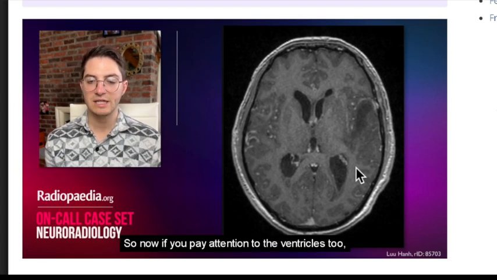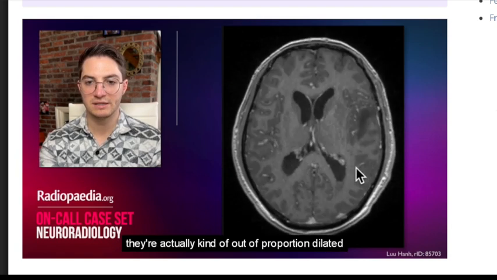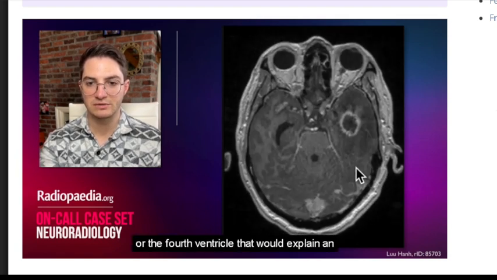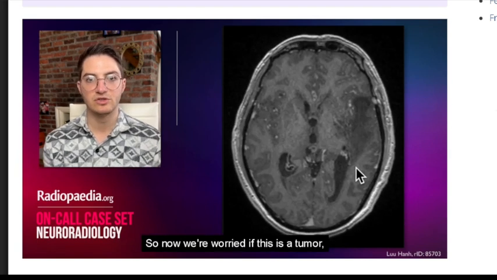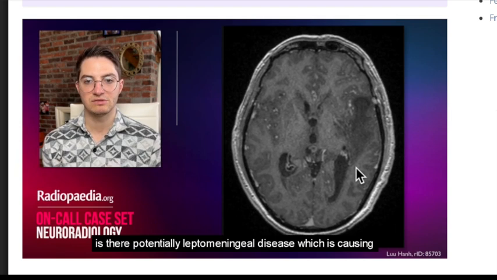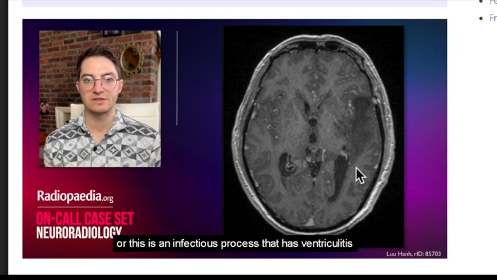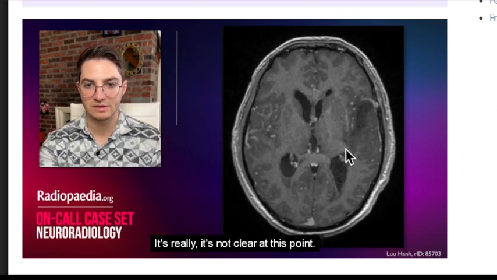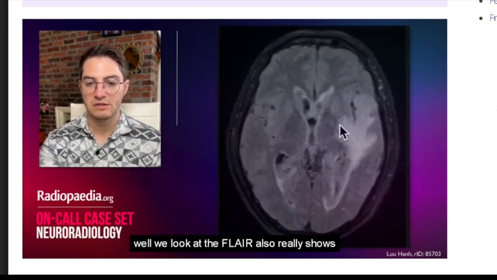So now, if you pay attention to the ventricles too, they're actually kind of out of proportion dilated. And we don't see any obstruction at the level of the cerebral aqueduct or the fourth ventricle that would explain an obstructive hydrocephalus. So now we're worried, if this is a tumor, is there potentially leptomeningeal disease, which is causing more of a communicating hydrocephalus, or is this an infectious process that has ventriculitis and that's causing some degree of hydrocephalus? It's not clear at this point, so what I like to do next, we look at the FLAIR,